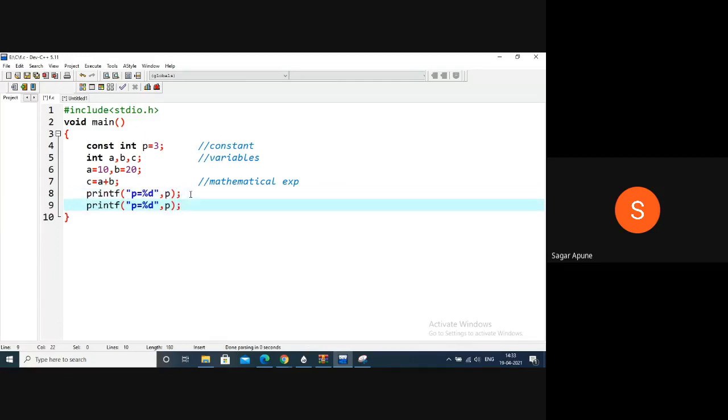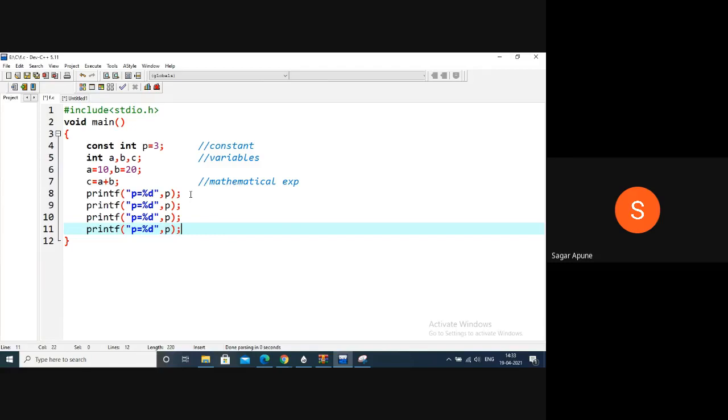Here A, here B, and here C. So just change the message to A, B, and C. All are integers, so %d is required to print the value. C variable name, B variable name, and A variable name.